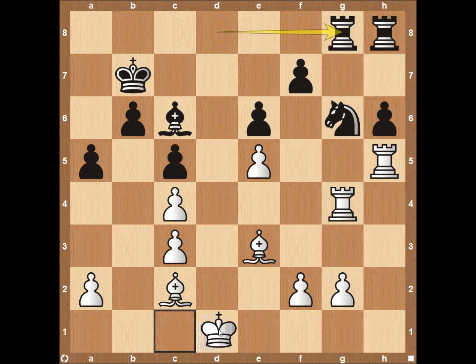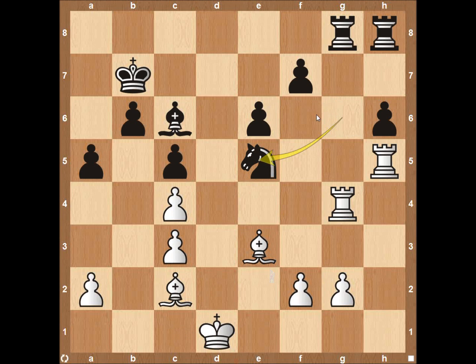Let's say the king just comes here to D1. Because they asked Magnus Carlsen later, you said king to D2 is a massive blunder, and everyone would agree with that, but where would you go instead? He said, king to D2, that's fine, because after knight here to E5, then we see the exchange